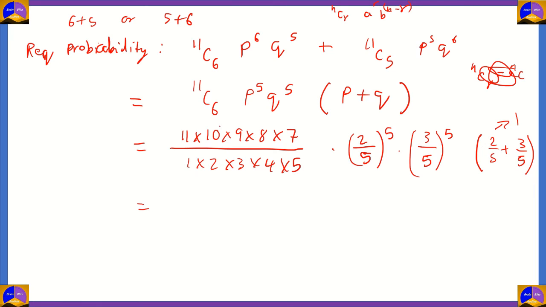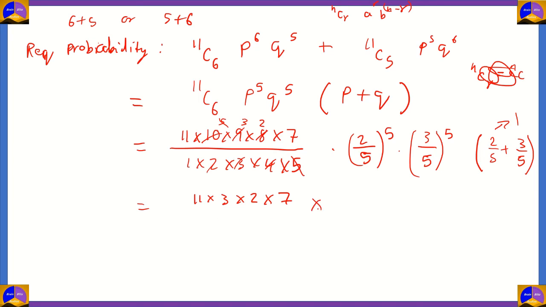Now, we know that 10 can be divided by both 2 and 5. And we also know that 9 can be divided by 3. We also know that 8 can be divided by 4. So you have 11 times 3 times 2 times 7 in the numerator and 1 in the denominator. So 11 into 3 into 2 into 7